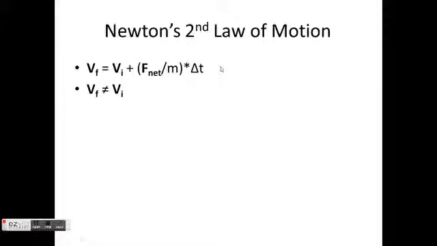So we know that for this lab of projectile motion, the final velocity is not equal to the initial velocity. This is because the ball does not have constant velocity. The graph is not a straight line. From this we can conclude that the net force on the object is not equal to 0. So we know that since net force is not equal to 0,